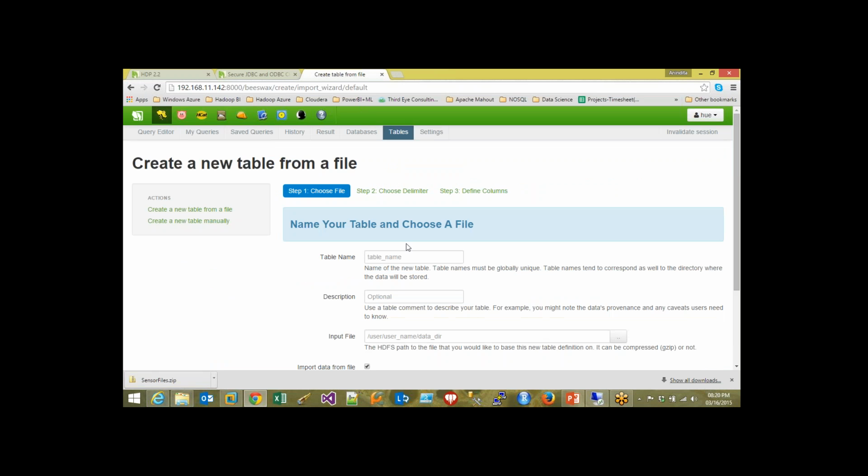If I open Hue on port number 8000 and the IP address of the sandbox, I just click on the Hive UI. So I'd be able to see this screen, to create a new table from a file, and the data set that I'll be using for the demo